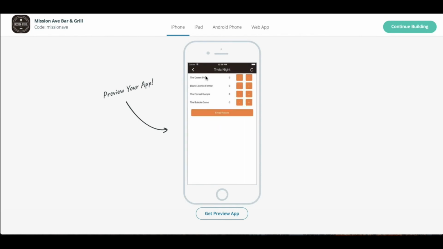And you'll see in here that I can see the field. So whether I'm a spectator or I'm a part of the team, I can start to count. Now this could be used internally to keep track of Trivia Night. It could be kept track by the teams. Now you can see that we have the 4 teams in here for Trivia Night. Now this could be something that's done internally by one of the staff members for Trivia Night, or the teams individually can keep scores themselves. Now mind you, it's not an aggregate. So for example, if I give the Queen Bees a point,